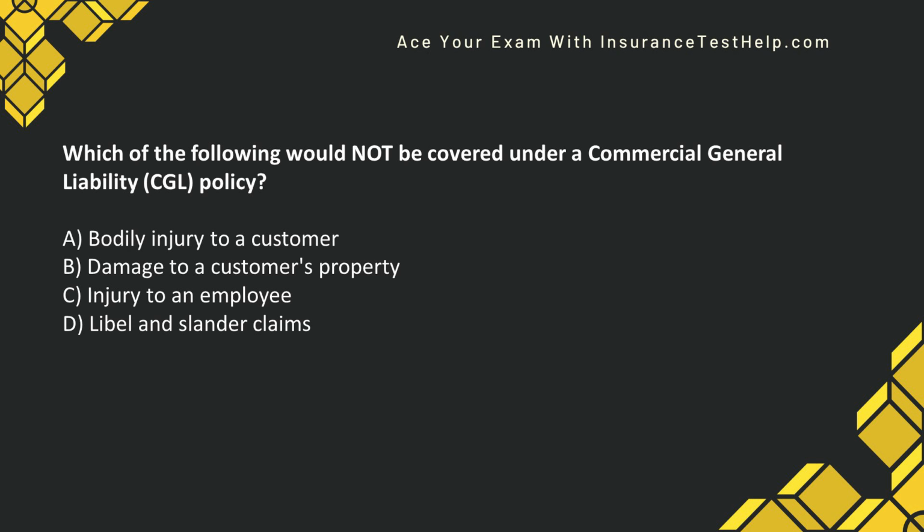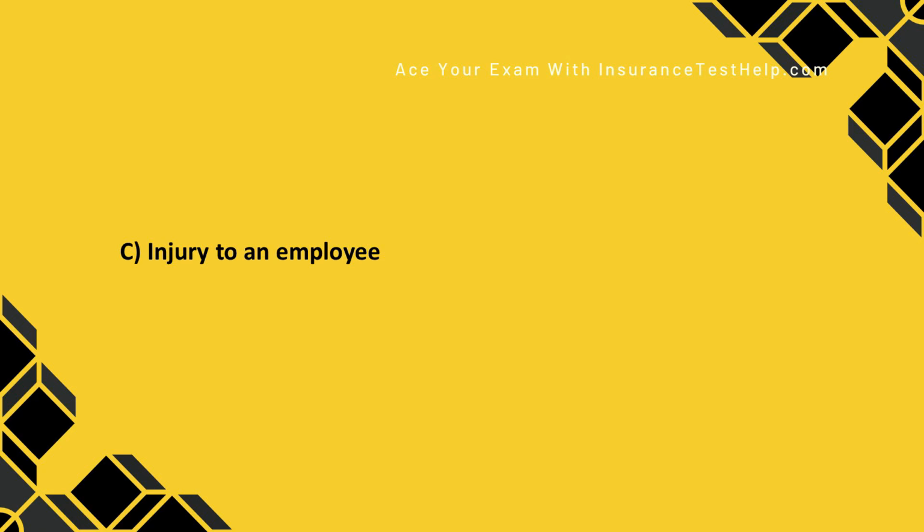There will be a lot of questions about commercial general liability policies, and this is an except question because there tend to be a lot of except questions, like which one is not covered. So just keep in mind those as you go through the exam. Okay, the answer we're looking for on this one is C, injury to an employee. Injury to an employee would be covered by workers' compensation, so it would not be covered by the commercial general